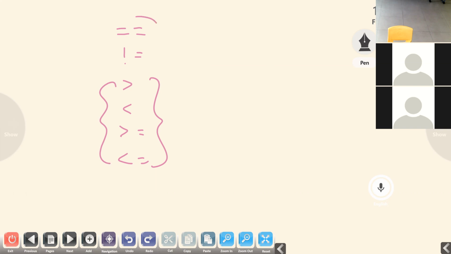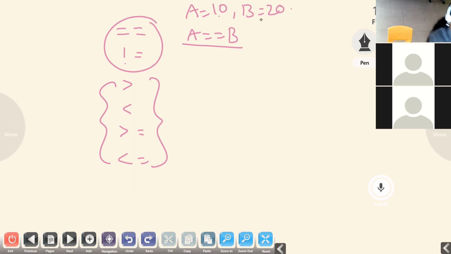Coming to this one, suppose a is equal to 10 and b is equal to 20. Is a equal to b? It compares the two numbers. A is 10, b is 20, so it is false. It is true when both are equal.